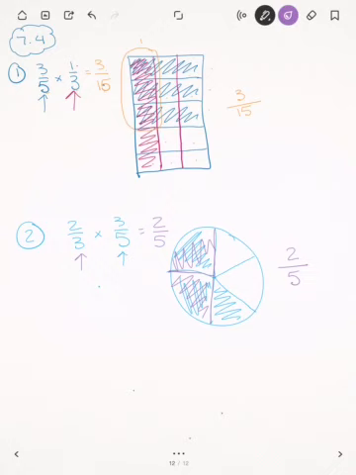Well, you might be saying, hey, wait a minute. Up here, I had to multiply straight across. But 3 times 5 is not 5, which you are correct. 2/5 is the simplified fraction. So if I multiply these straight across,